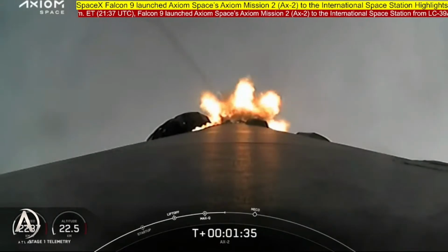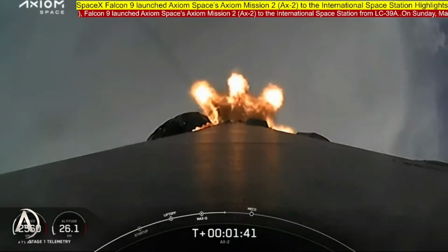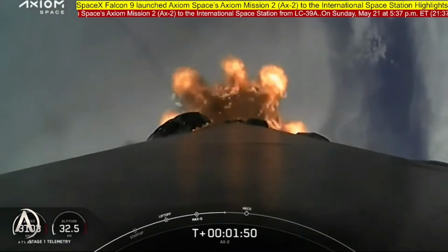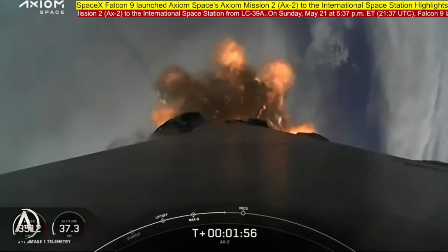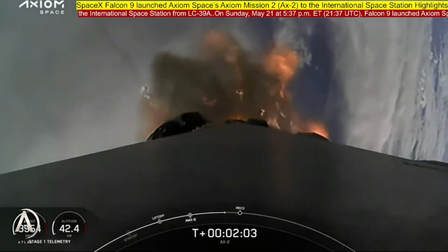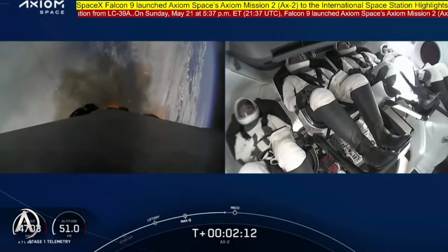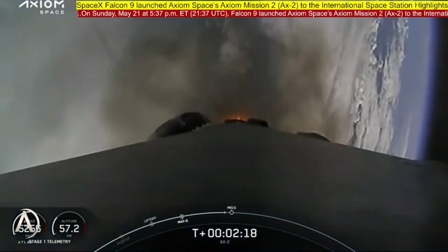Engine chill is underway. Chill announcement says we're getting the turbopump on the second stage engine cooled down in preparation for its light up coming up in just another minute from now. Great views looking back, and you can see the contrail as we left 39A and the shadow of the contrail against the cloud deck around Florida. Now we're coming up on 3 big sequences and a live view of the crew inside Dragon. They're getting ready. We're going to get 3 events here: main engine cutoff, stage separation, and then we're going to